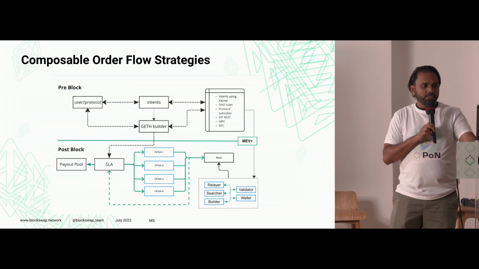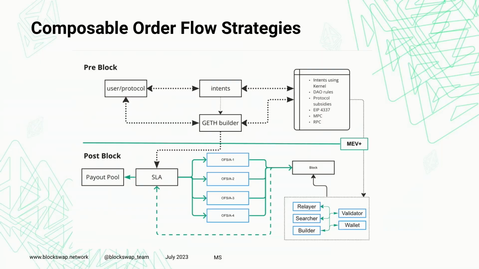So how do the pre-block and post-block work? We just mentioned how PoN Connect works: the user or the protocol creates the intents, and it could be anything, such as DAO rules or protocols, whatever you want to enforce. It goes into this Geth Plus builder, which is a full circle coming in like inside execution, but you can also do it without Geth. If you just want a simple intent like a swap and get it done, that can be done. But